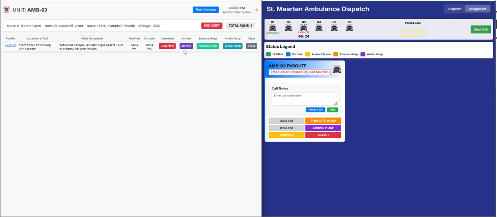And now the ambulance crew is going to say they've arrived. So you'll see that they've arrived. Now on the right-hand side, you're going to see that it shows they've arrived on scene. And now they're out with the call. So you can also get additional information. So if you receive some call information while you were there to say that a pulse has been returned, you can say